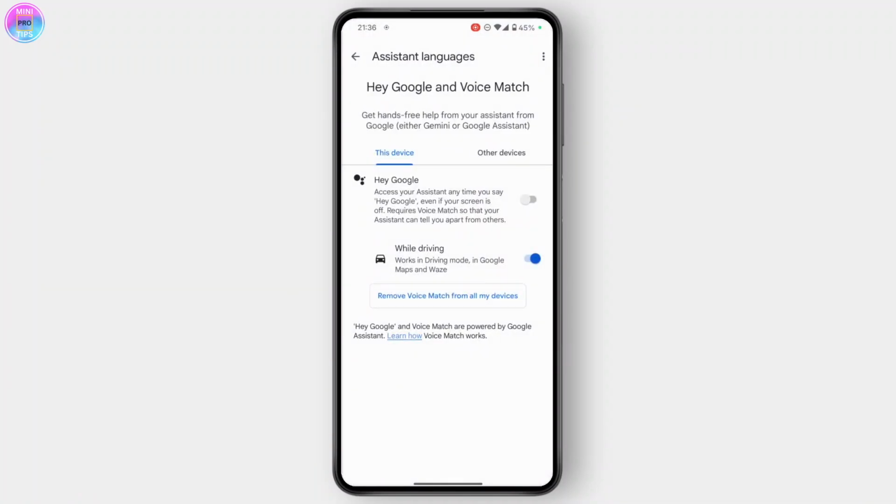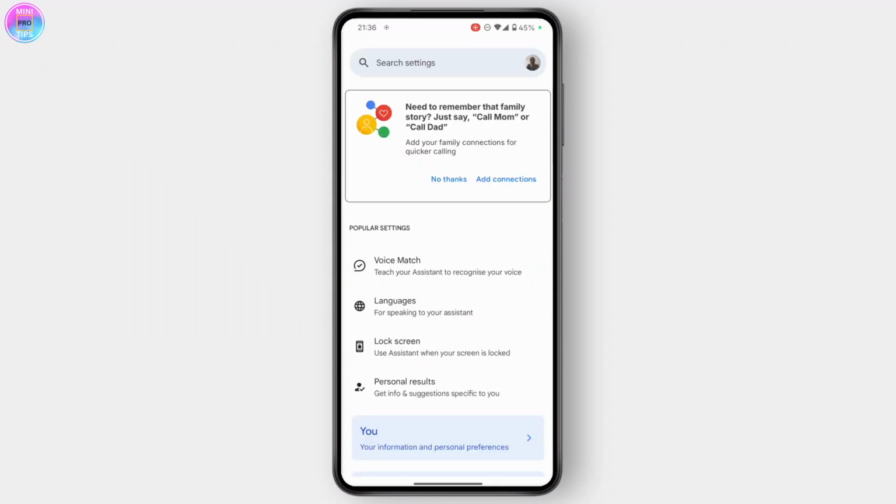after you do that, you will be able to ask it to do stuff. So you can just ask it to call people, as it says on the top here. You can just say call mom, call dad. You can add connections like that. You can set an alarm. You can do stuff like that and automate your life. And that's how you use Voice